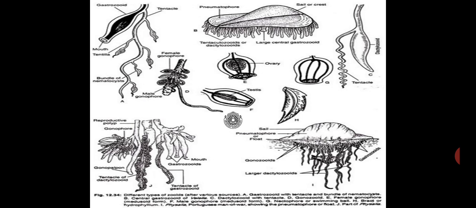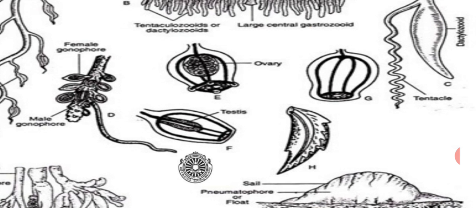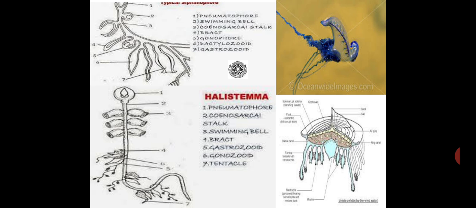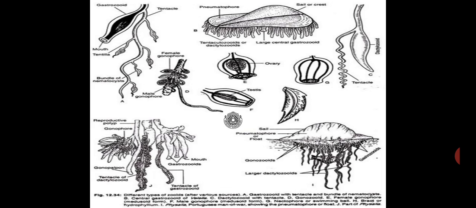And this is the Velella diagram, wherein you can see a nematophore or the sailing crest, below which you see the arrangement of tentaculozoids or dactylozoids, where a central large gastrozoid can also be seen, that is meant for nutrition. On the right-hand side of this, you observe the enlarged view of that gastrozoid and that of the tentaculozoid. And this is Physalia,